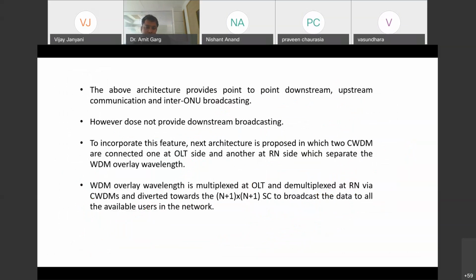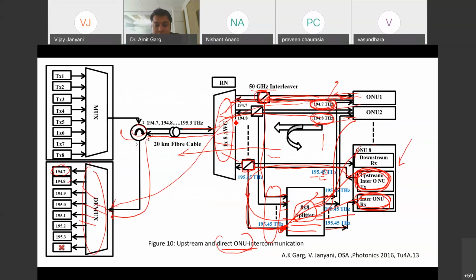The above architecture provides point-to-point downstream because it is using AWG, so it can provide point-to-point upstream communication and also inter-ONU broadcasting. It doesn't provide downstream broadcasting. We are gradually moving on to more and more complex designs.